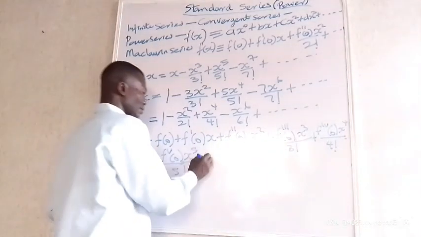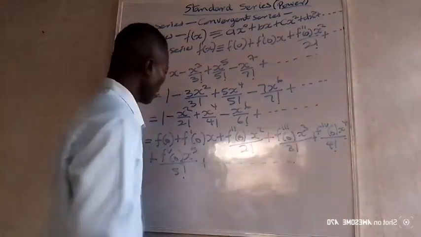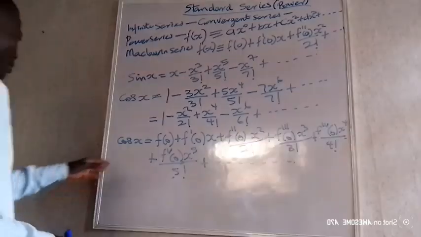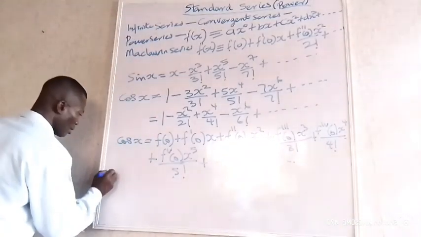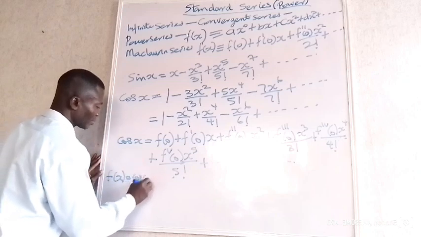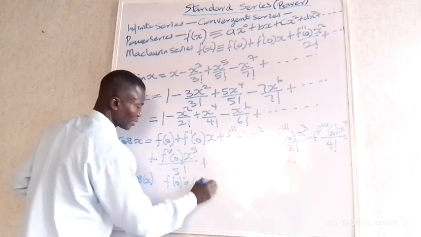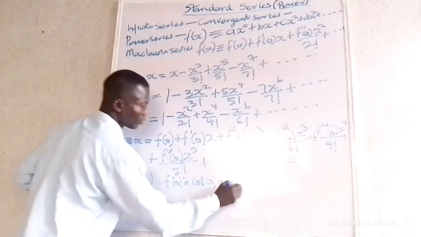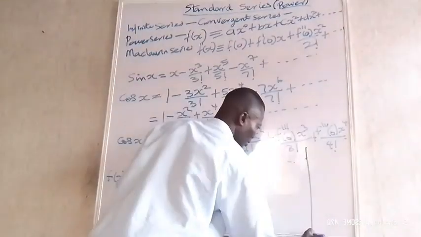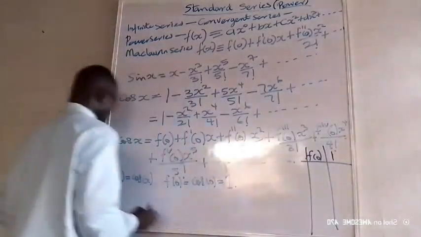and to go on like that. Now, the main work here is to find these coefficients. And since we have known what it will be, we can start. Let's see the coefficients. f(x) is equal to cos x. So f(0) is equal to cos 0, and that is 1. So let's keep a record of this here. So f(0) is 1. Now